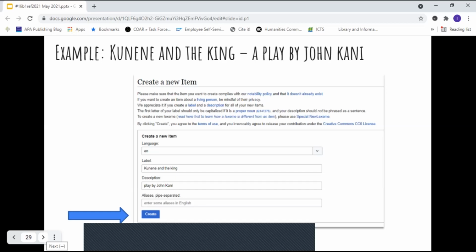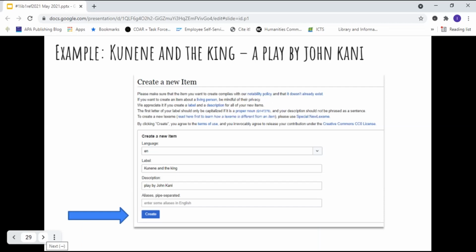And you will see the fields that are available on the screen, you have the option to choose the language. Under the label, that is where Kunene and the King is recorded, and in the description field, play by John Carney. And then the next field is also relating to the language, and then one clicks on the create button.